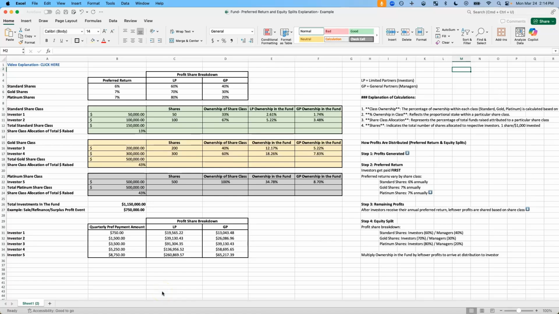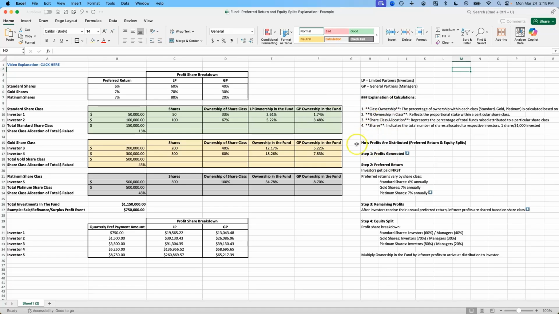Here's a brief video on how preferred returns and equity splits are allocated in Cherrypick Capital Fund number 2. So a little lay of the land of how this spreadsheet is laid out and a little bit of an overview to start. For starters, LP is limited partners or investors. GP is general partners or the managers. And there's a few explanations of the calculations I'll go through as I'm walking through this spreadsheet, and then we'll